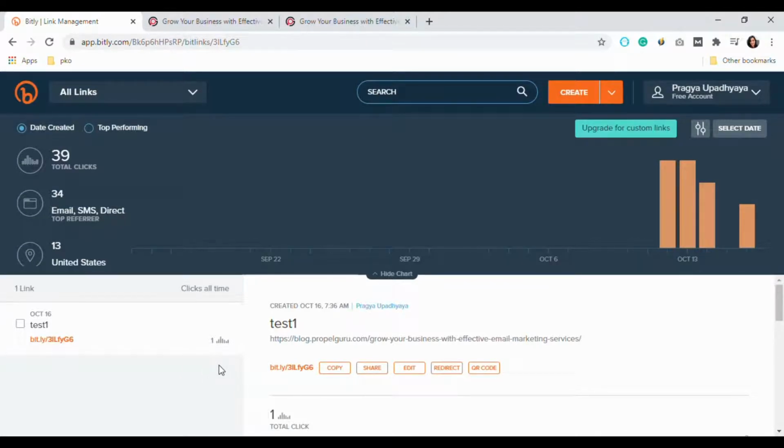On this platform, we can also analyze and track the potential traffic across the globe. So in this video, we have learned how we can shorten a long URL into a short one. And you can use it for social media campaigns and on your website, which allows you to see where the traffic is coming from.